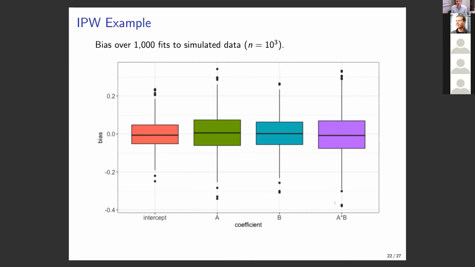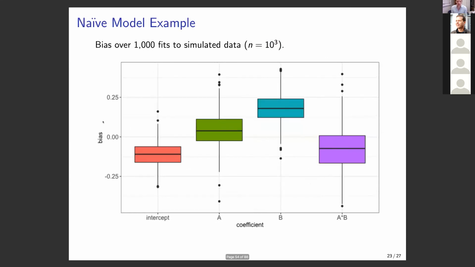And you can do this, say, 1,000 times. Instead of having 10 to the 6 data, reduce it to 1,000 and do it 1,000 times and look at the bias in these estimates. And you can see that this is bias 0, so it's actually a very, very good fit. So this suggests that our simulation method is working very, very well. And for comparison, we can look at a naive model where we just regress Y on A and B, and you'll see we now do have bias. So the intercept has shifted significantly down, and the coefficient for B has gone up a lot.